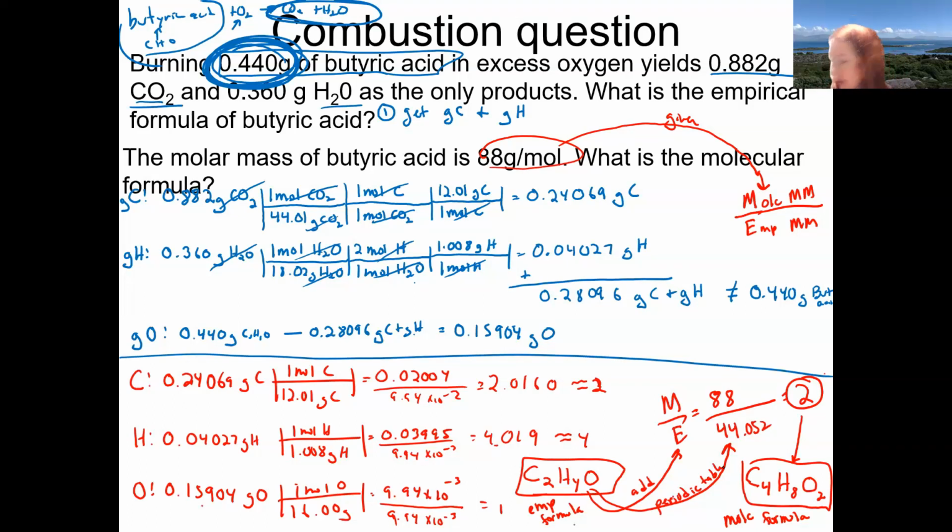Okay, any questions on this before we go? Because I know some people have to get to class. This is a big one, right? It's just got that little extra piece in the beginning, which we know how to do. We just have to put it all together, right? So again, anytime it says burning or combustion, you have to go through all of this for your empirical formula. And you'll be practicing this a lot in Chem 101 too. Okay, so